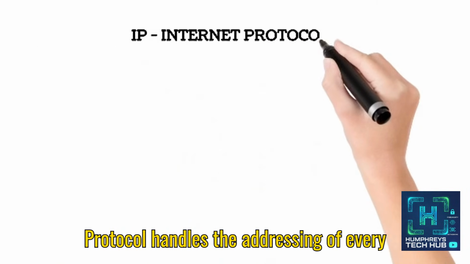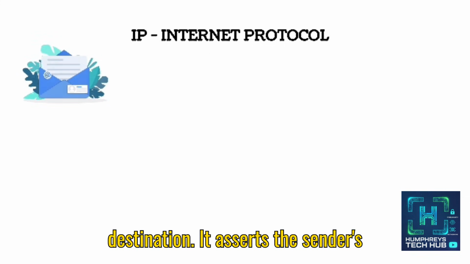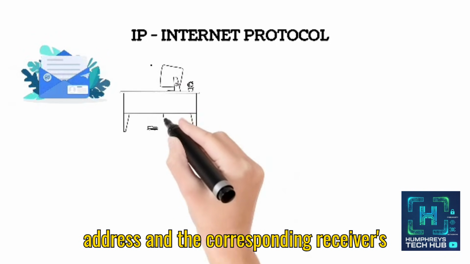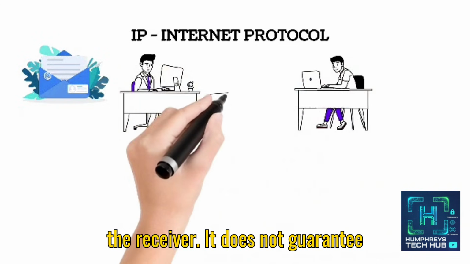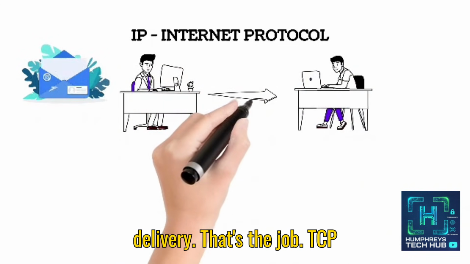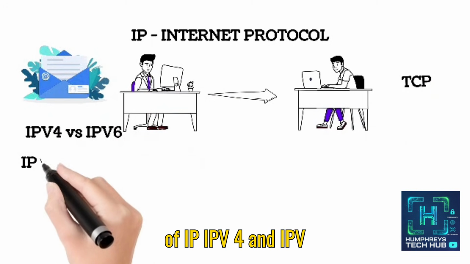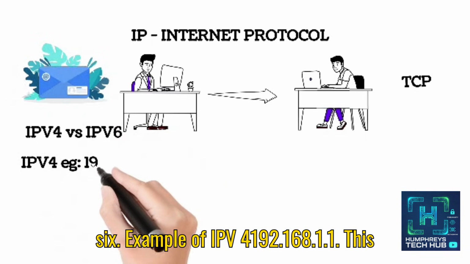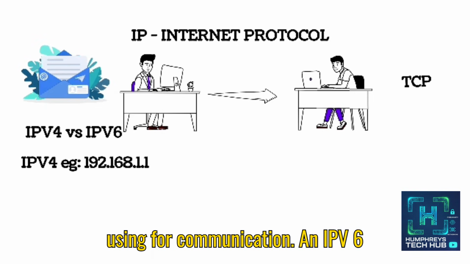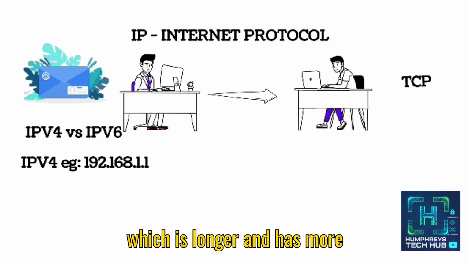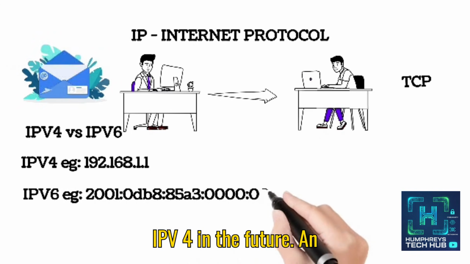Next, IP, Internet Protocol. Internet Protocol handles the addressing of every packet and routing the packet to its destination. It inserts the sender's address and the corresponding receiver's address on the packet and routes it to the receiver. It does not guarantee delivery. That's the job of TCP, Transmission Control Protocol. Two types of IP, IPv4 and IPv6. An example of IPv4, 192.168.1.1. This is what many computers are currently using for communication. IPv6, which is longer and has more address blocks, will take over from IPv4 in the future when IPv4